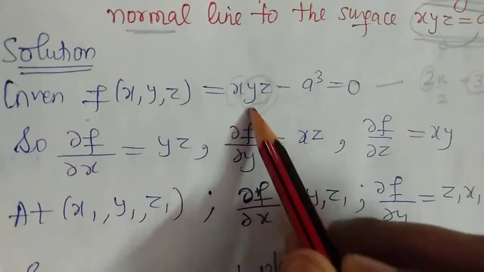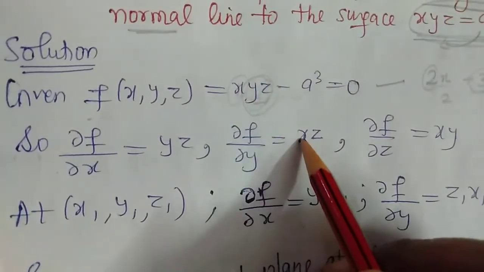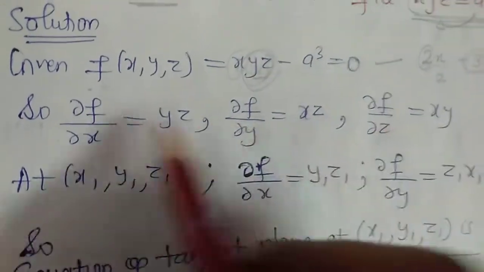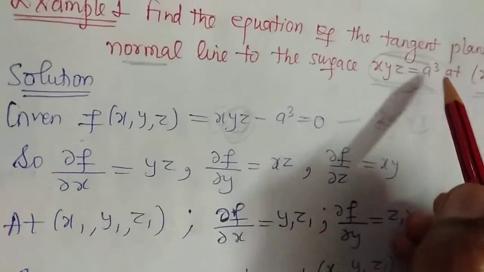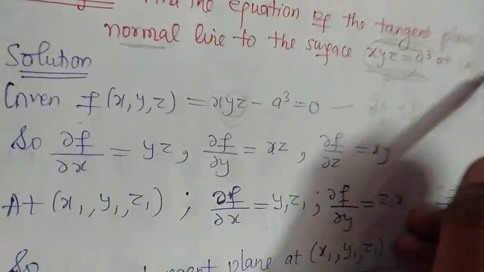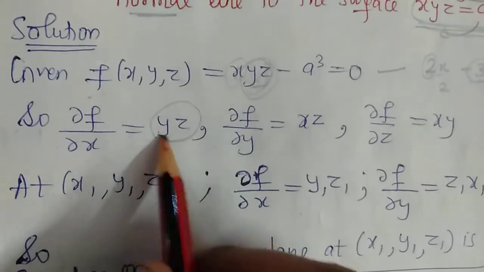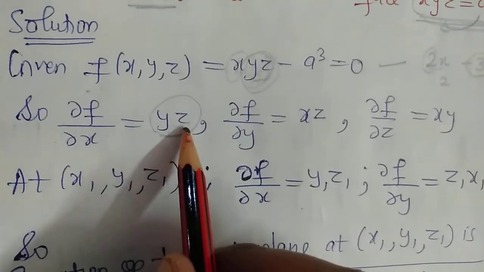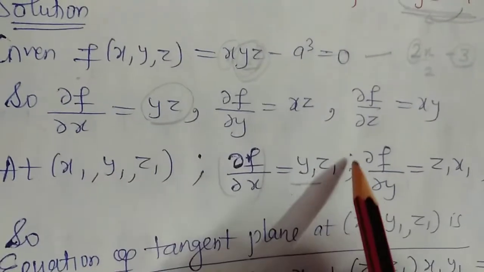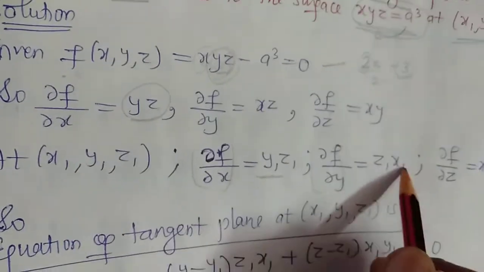Similarly, partial derivative with respect to y is 1 into the constants. Partial derivative with respect to z into this. So all the derivatives at the point x1, y1, z1. Put x is x1, y is y1 and z is z1. Inside this derivative we write x as x1, y as y1, z as z1. This is our partial derivative at the given point. Similarly, this is a partial derivative at the given point.